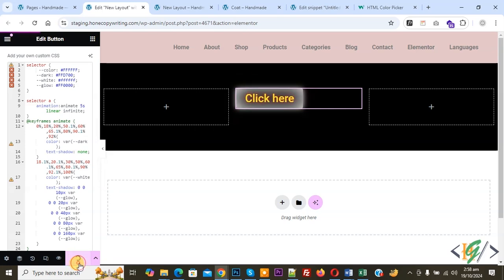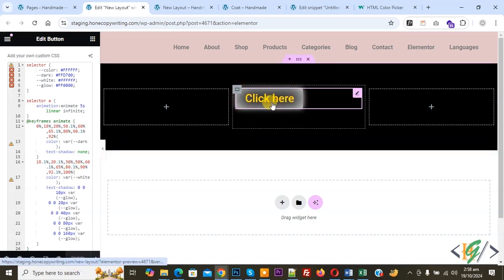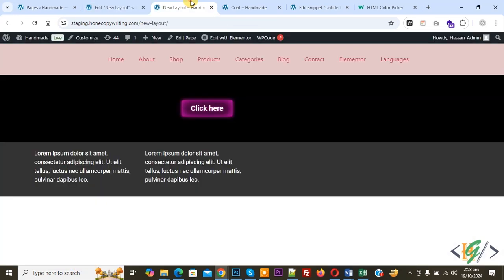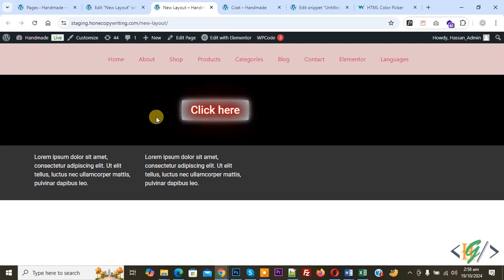and then click on Update. Now you see the lightning effect. Now the update is done. Go to the website page and refresh the page, and now you see the lightning neon effect on the button in Elementor Pro